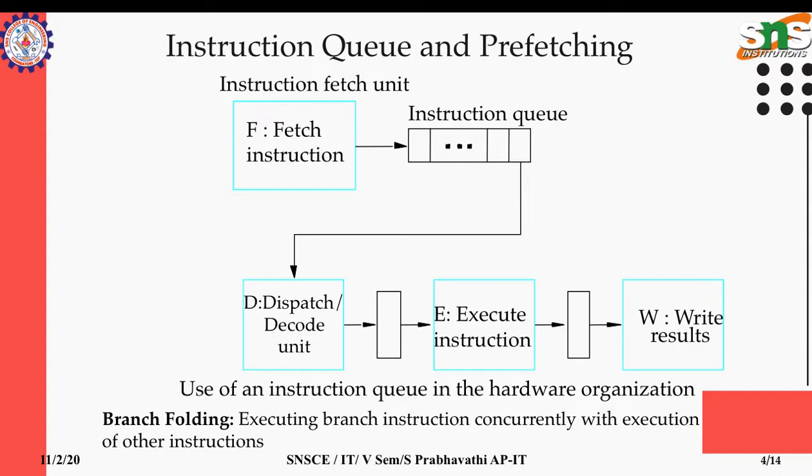To reduce the branch penalty, another way is instruction queue and prefetching. From the term itself you could get it: prefetching means that before the requirement of the instruction we are fetching it, and storing those instructions in a queue, so that cases like cache miss won't happen. We are keeping the instruction ready in a specialized queue called the instruction queue. See here, the hardware arrangement is changed to accommodate this instruction queue.